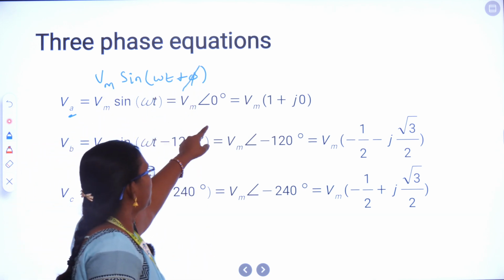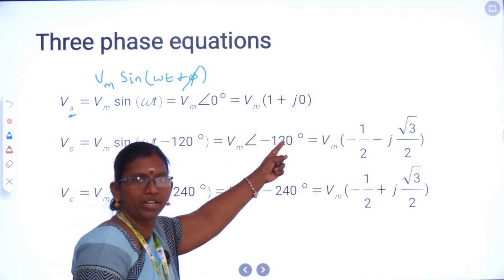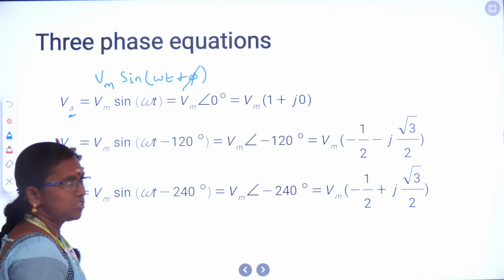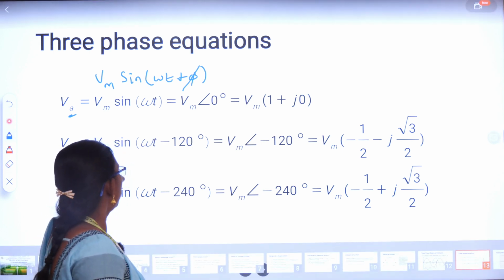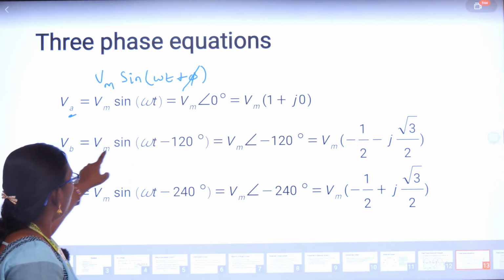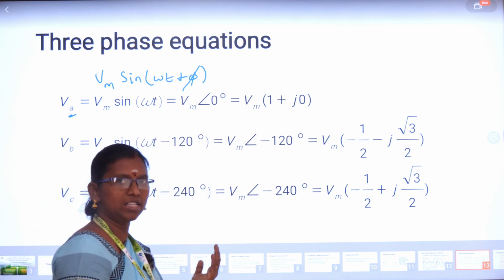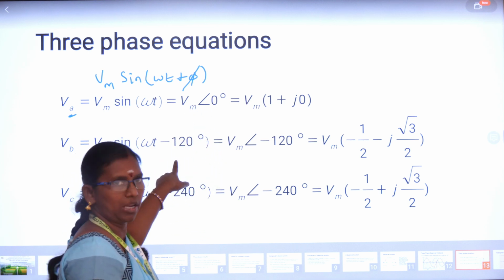So when we represent that in the polar form, here we can obtain, and this is the rectangular form. And the next waveform is Vb. The voltage taken up by the Y phase or the B phase can be given by this equation Vm sin omega t minus 120. Since the B phase lags 120 degree with respect to R phase, it is minus 120